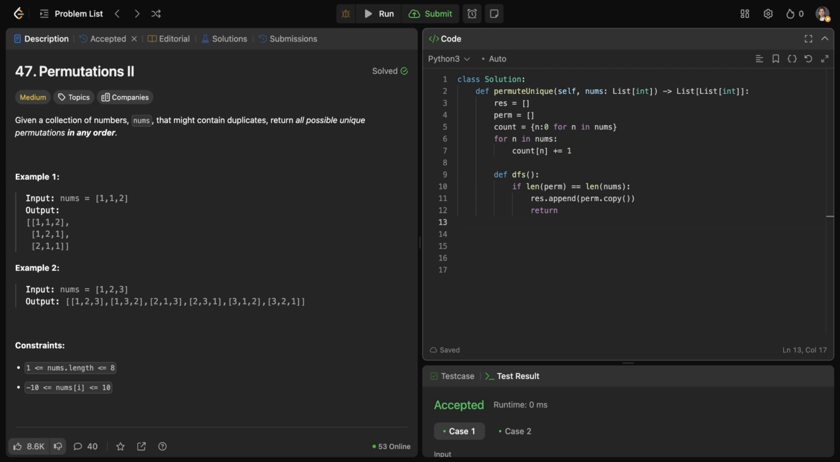That's your base case. Now I will go through my count hash map and I will check whatever values have count greater than 0. That value I can append to my permutation. So if the count of n is greater than 0, then append it to the current permutation, and then decrement the count because you have used this value, right? Decrement the count by 1 and then call nested depth first search. So basically, every time you add a value to perm, you call the backtracking function again, and you will keep on doing this until the length of current perm is equal to the length of nums